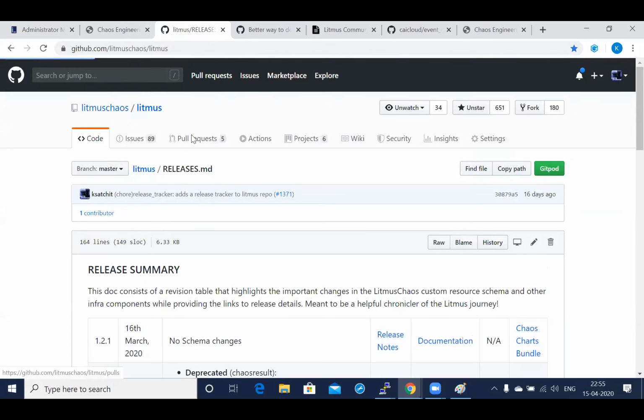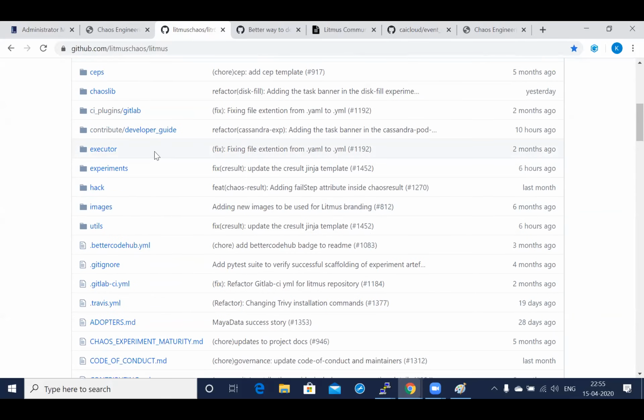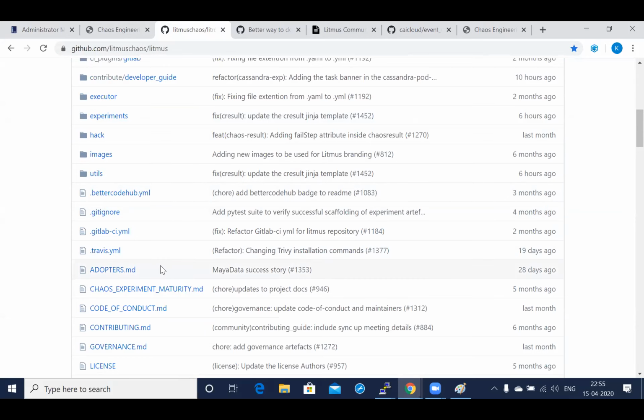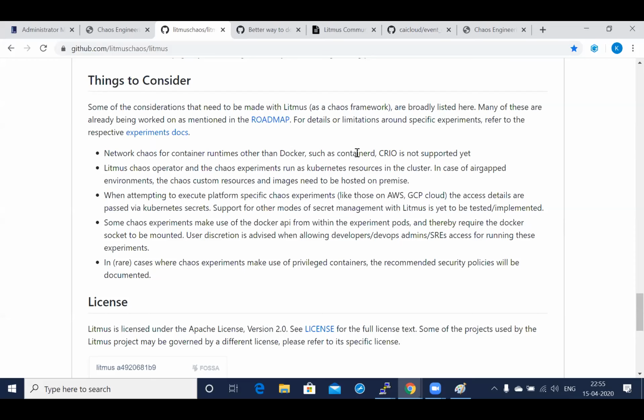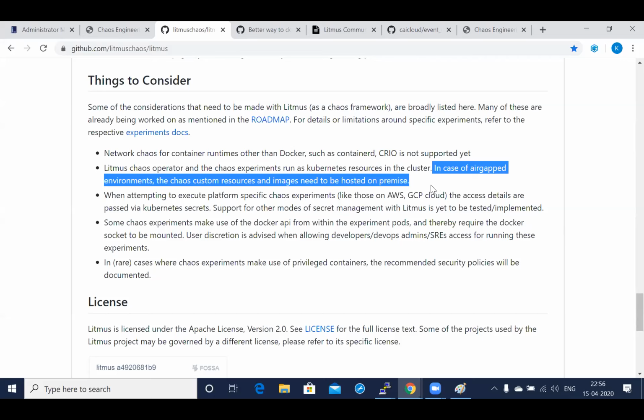And we've also noted down some general considerations, again based on Laura's suggestion, in the README of Litmus. So we are yet to support containerd and CRI-O runtimes. And there's also the case where some users are using Litmus in air-gapped environments. If you're using it that way, then you might have to have private image repositories or registries holding the images of Litmus, which you can pull with image secrets. So that's something you probably need to take care of.